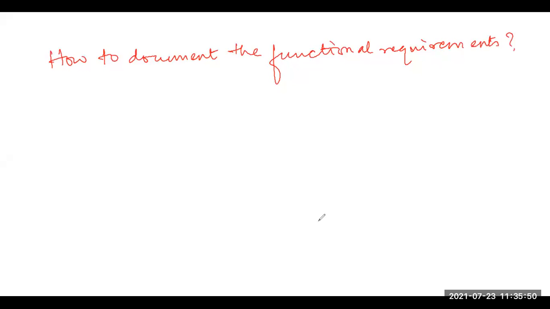A function can be documented by identifying the state at which the data is to be input to the system. So it's the input data domain, the output data domain, and the type of processing that is carried out on the input data in order to obtain the output data. So how do we document the functions? First, we identify